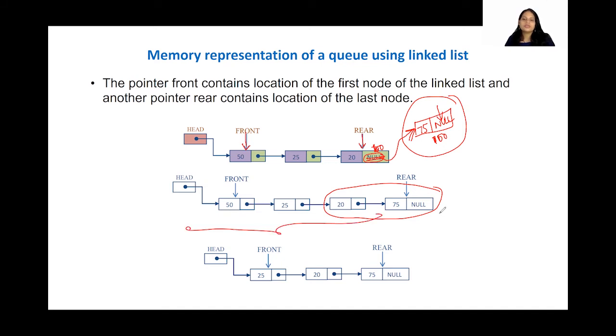And deletion is also in a similar manner. So how do we do the deletion? Suppose I want to delete. Of course, we are going to delete from the front, isn't it? So queue, how does it work? We are going to remove the data from the front. So this I want to remove. How do I do that? So remember that